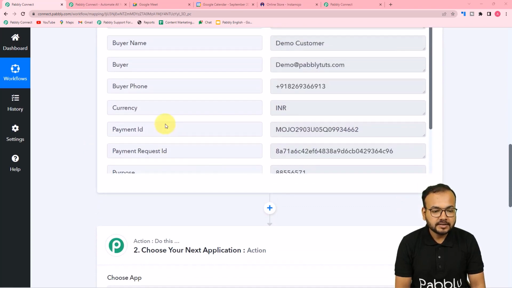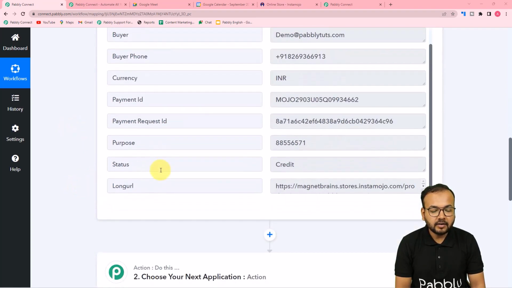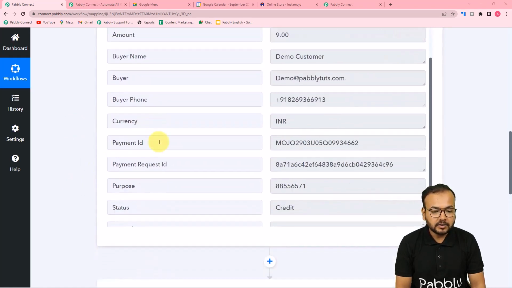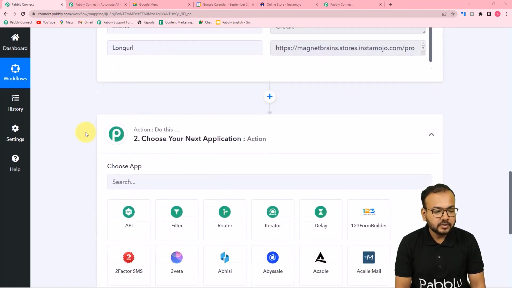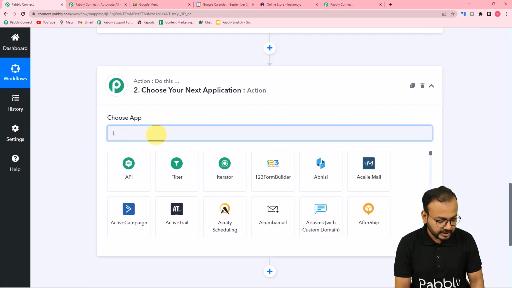Alright, but guys, here you can see it is not showing us some other things like the date of the payment and the time of the payment, and also the product details. We can find out all those things using this actions tab. Here you just have to connect Instamojo one more time,